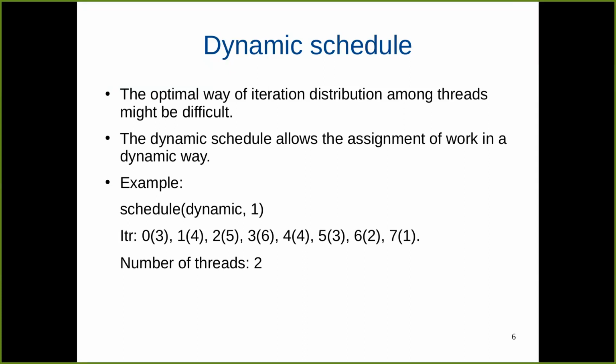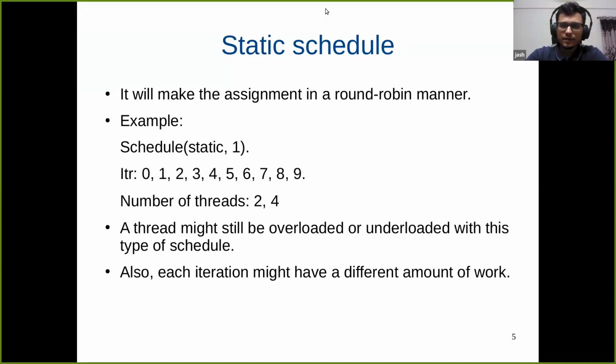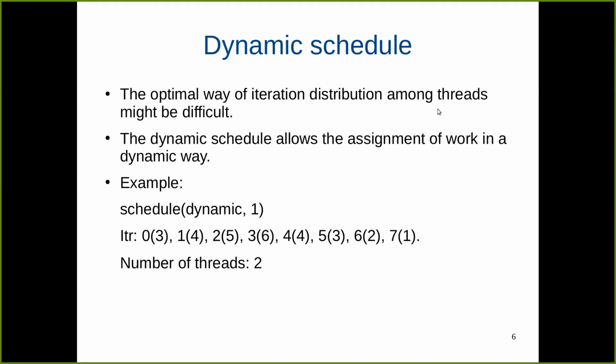This is basically round robin, right? There can be still a better way of scheduling, like the conventional shortest job first. Sorry if I missed you, but round robin was the static schedule. What I meant by round robin is that all the jobs, let us say iterations 0, 1, 2, 3, all these iterations, let us consider them as jobs to be executed. They may be waiting in a queue. Let us assume that they're all waiting in the queue.